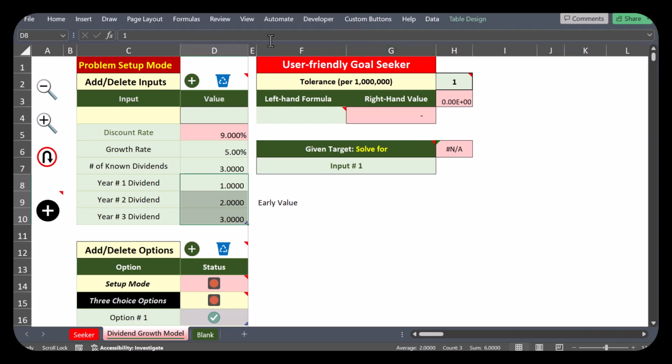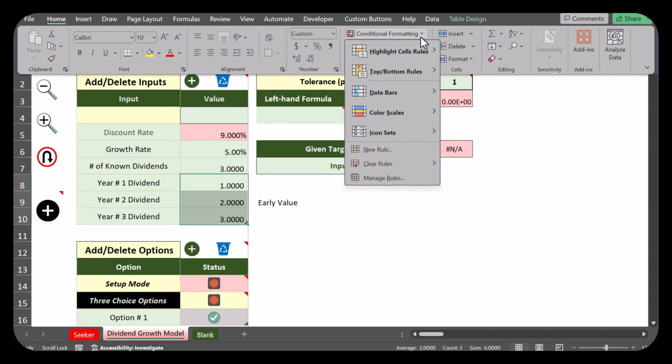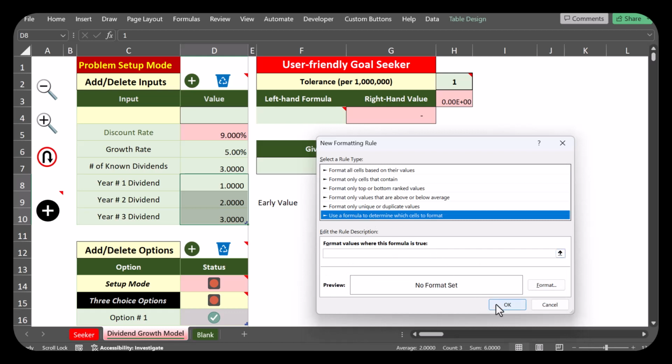Home, conditional formatting, new rule, use a formula to determine the cells to format. Yeah, I need to enter it. I know. If this number, in fact, is